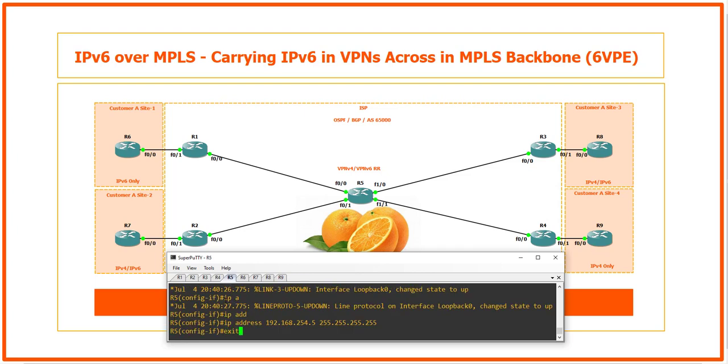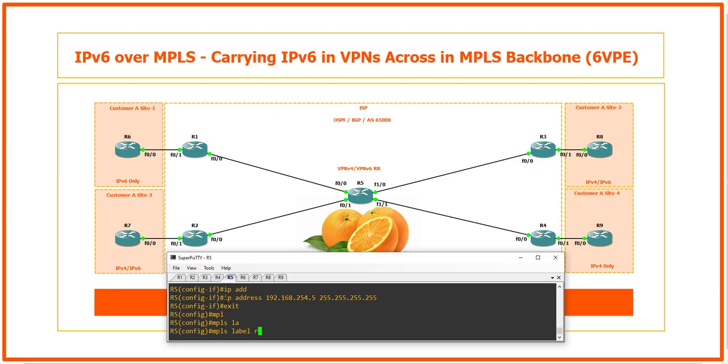This is the router 5. In router 5, MPLS label range is between 500 to 599. And after that, we can configure the OSPF, router OSPF 1. Then router ID is 192.168.254.5. After that, interface range FastEthernet 0/0 to FastEthernet, for example, 0/1. And after